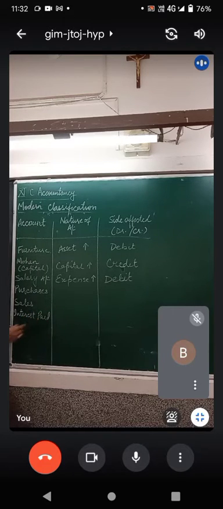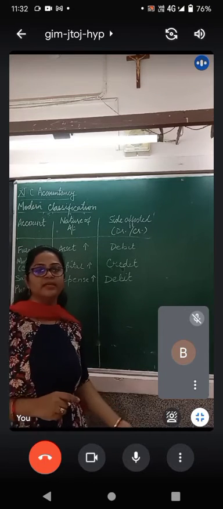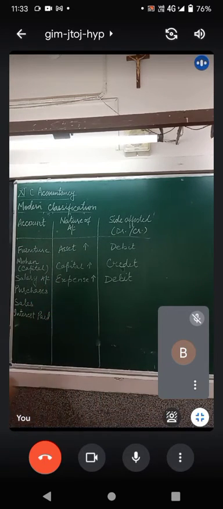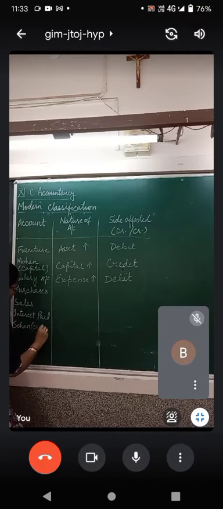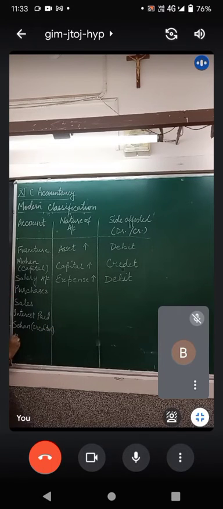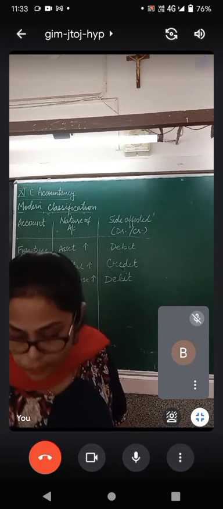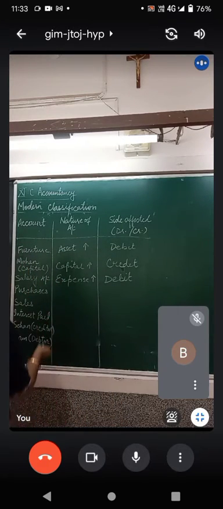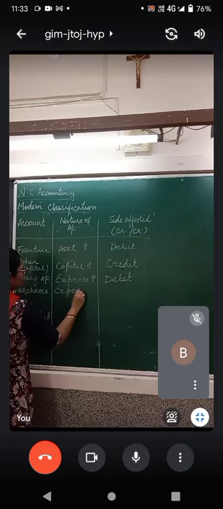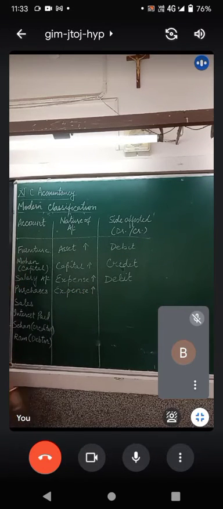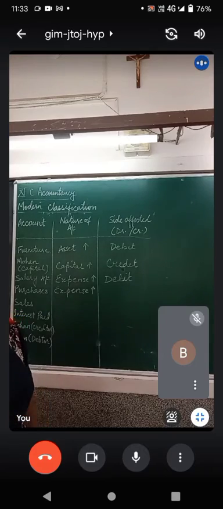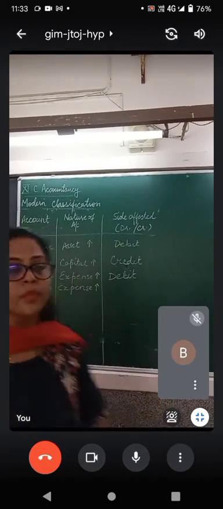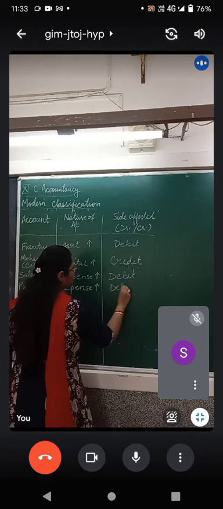Now to write paid or received is very important because this is how you will identify whether it is a revenue or an expense. Then you have Sohan, who is a creditor. And then you have Ram, who is a debtor. Okay, what is purchases? Come on. It is an expense for the business. You make purchases. So any increase in expense, where will you record? On the debit side or on the credit side? Debit. Very good. On the debit side.